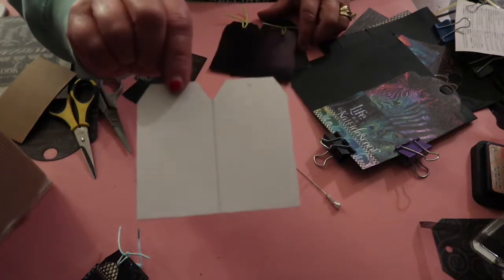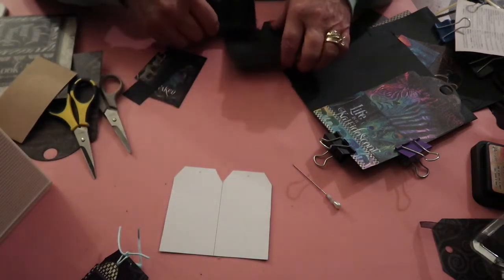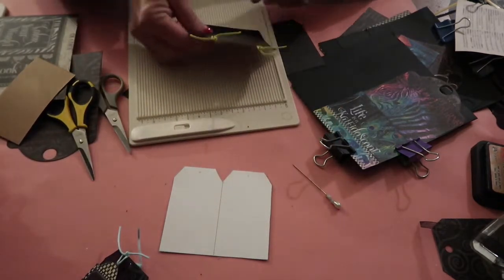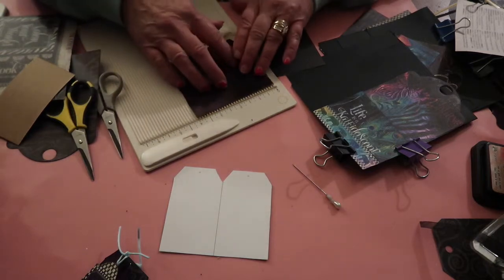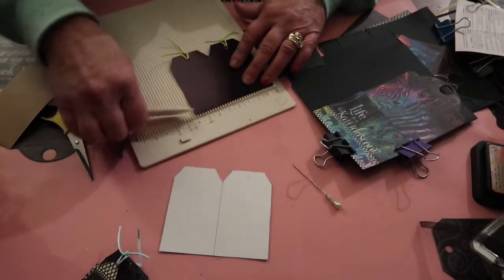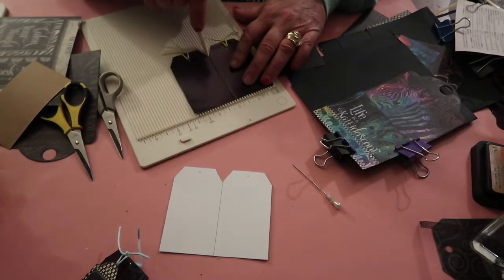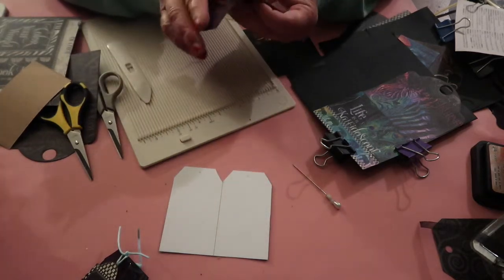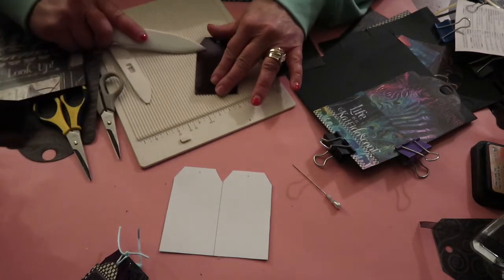So after cutting 2 from the metallic paper and 2 from the patterns, I laid it on my scoreboard, and it comes to 4 inches. So you're going to score all 4 right at the 2-inch line. So score that one, fold and crease,